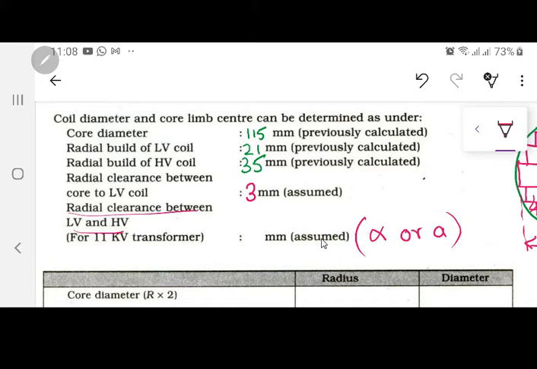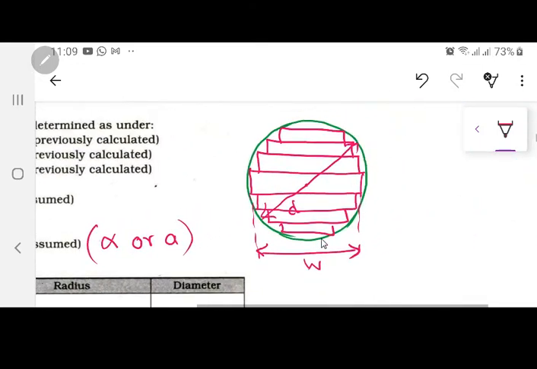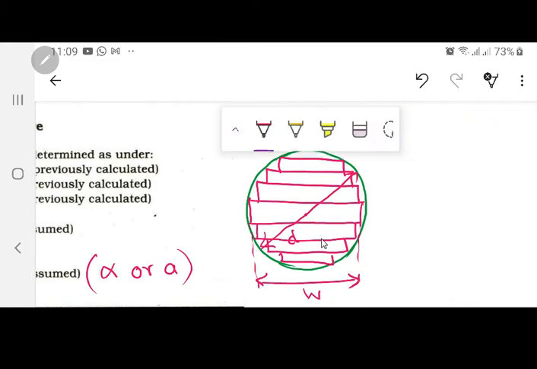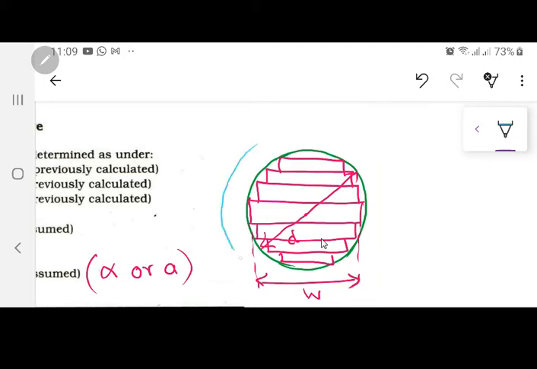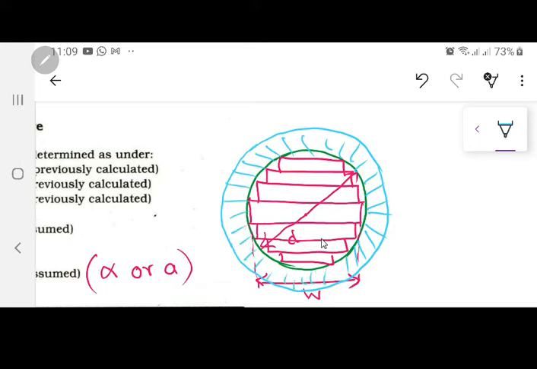The low voltage winding, which is inside over there, is not going to have that much heat transfer towards the liquid. By which I mean, supposing this is the same core, let me use another color, supposing for the low voltage winding first. So if I have a low voltage winding, and that low voltage winding is done over here. So this is my low voltage winding and this is my low voltage turn.